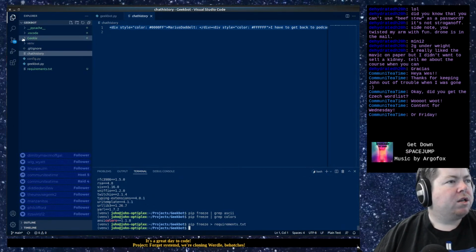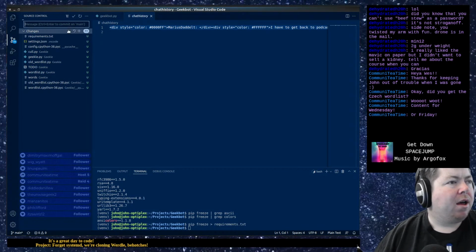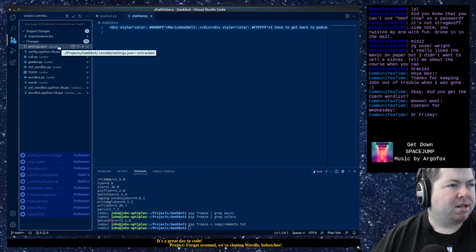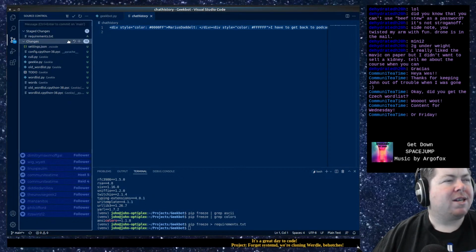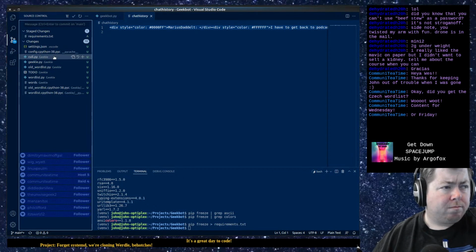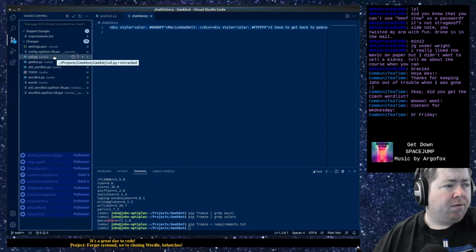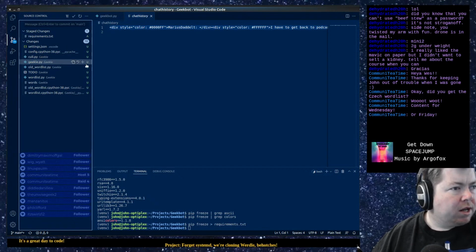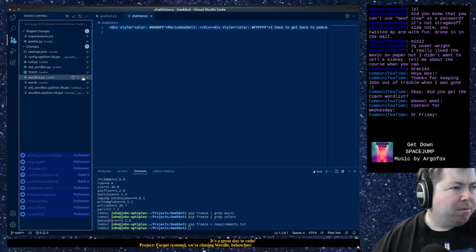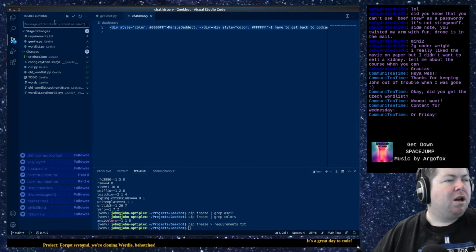All right. So we're going to go ahead and add requirements.txt, not settings.json. Okay, that settings.json is actually from, I have no idea. So we're going to commit requirements, we're going to commit Geekle, and we're going to commit wordlist. All right.